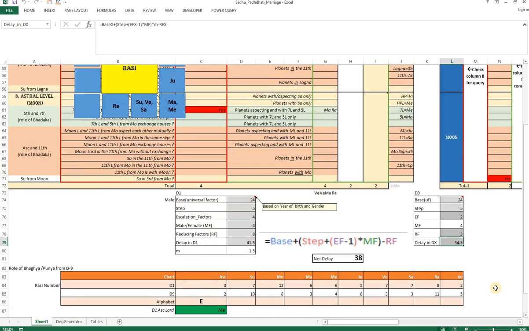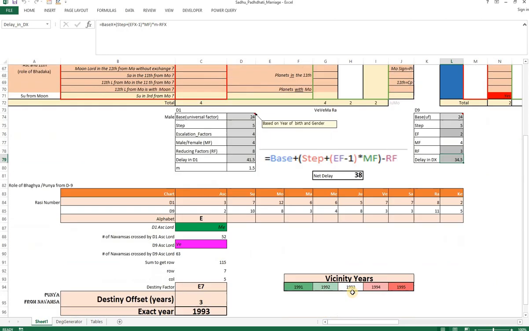Once that is done, it arrives at a set of vicinity of years. It basically adds this 38 to the year of birth, and 2 years behind and 2 years ahead, so that the mean year is arrived at. So this person can get married between 1991 to 1995 is what the set of vicinity years says. Now, whether within this range he would get married in 94 or in 91,